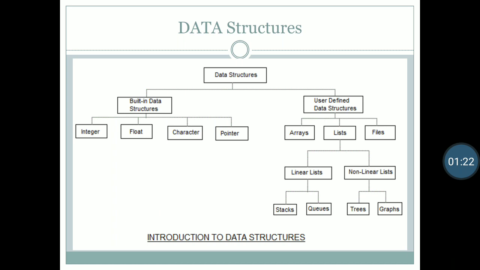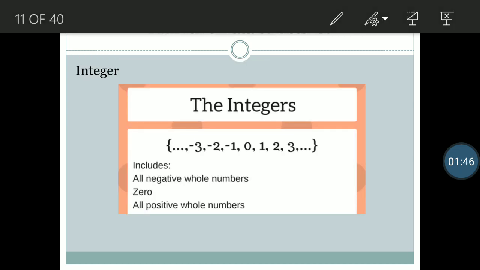So let's take inbuilt data structure first. Inbuilt data structures are the integer, float, character, pointer. All these are the basic data types in the languages which we are going to use for the different coding. We all know that integer